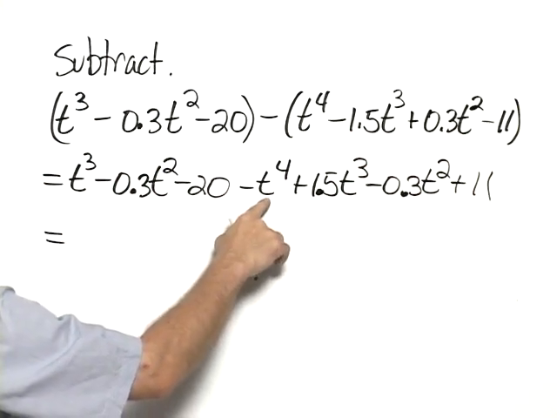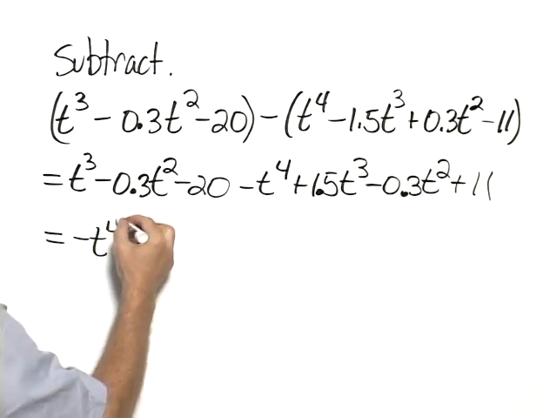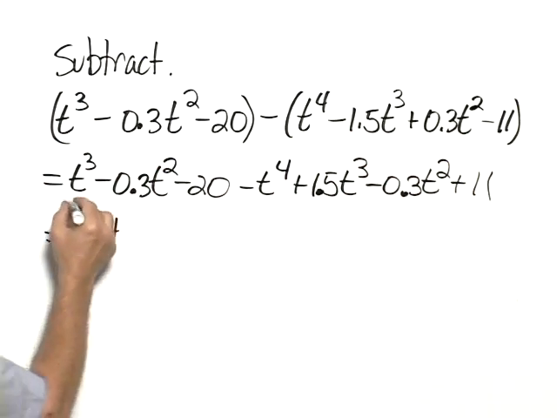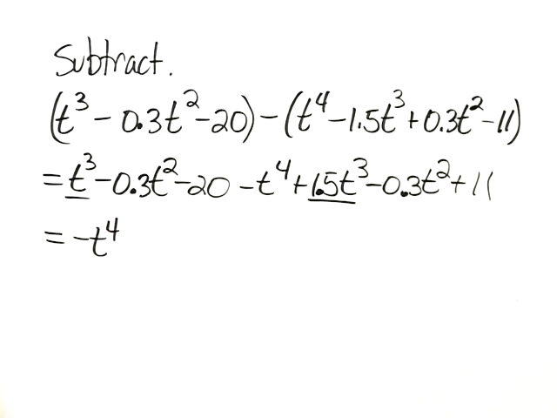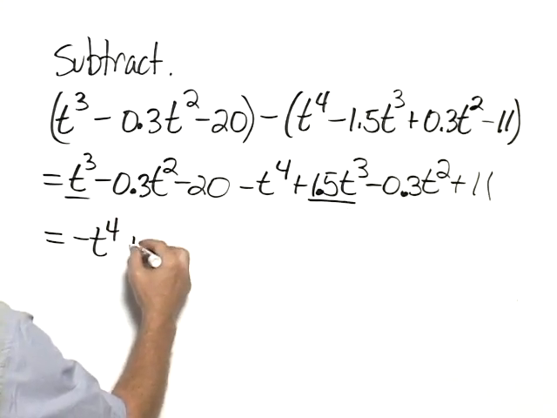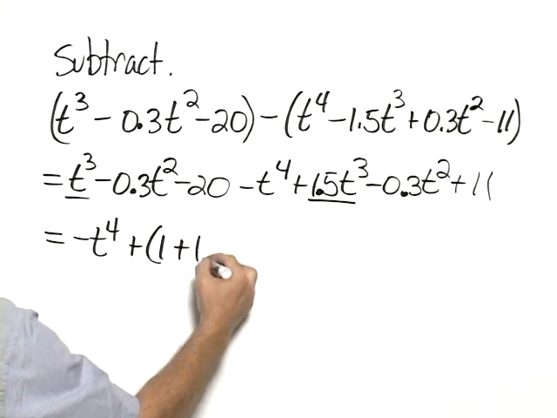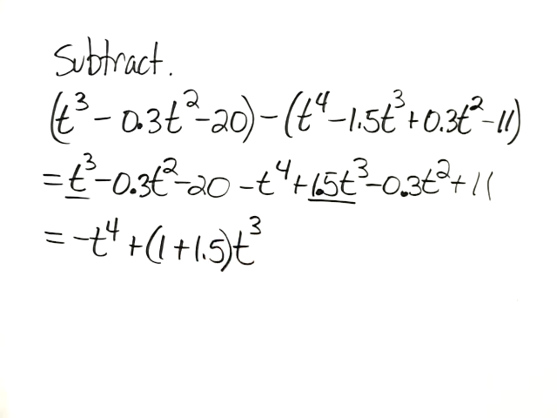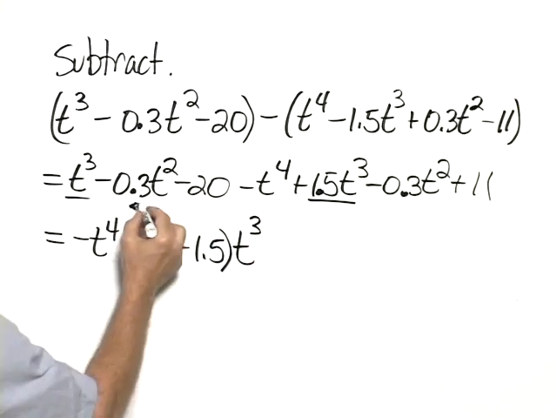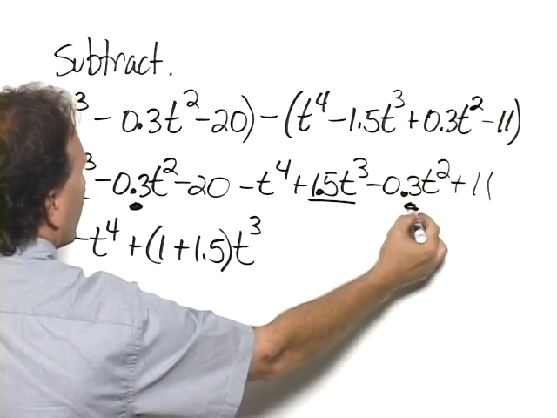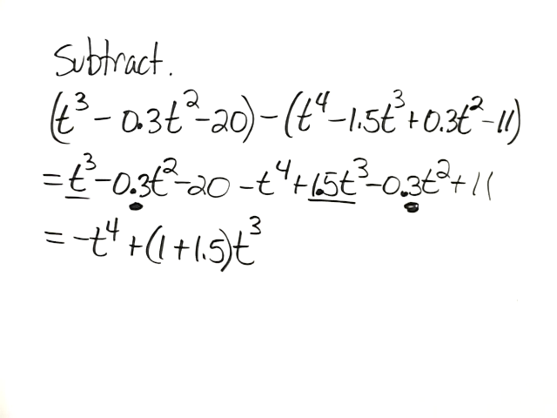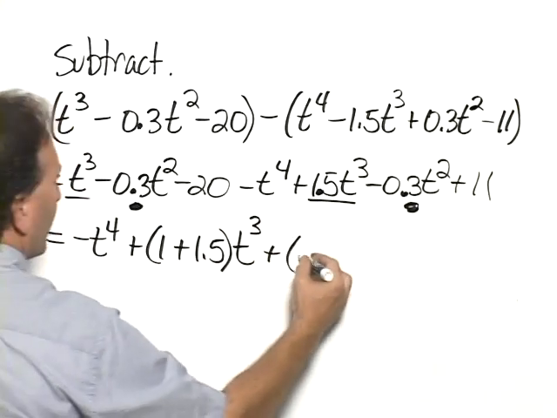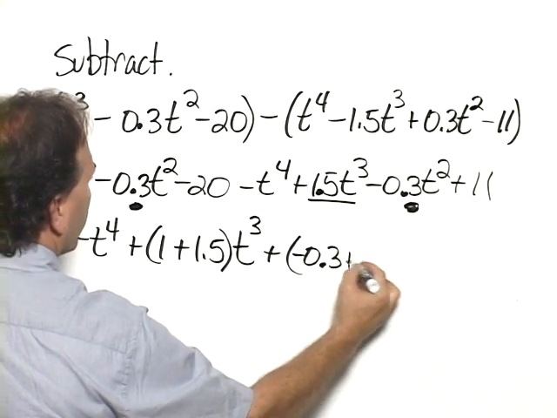There's only one t to the fourth term, so we begin with that so that we can write them in descending order. We have a t cubed and a t cubed. We combine the coefficients, so it would be plus, in parentheses, 1 plus 1.5 t cubed. For t squareds, we have t squared there and a t squared there. We combine their coefficients. In parentheses, then we would have negative 0.3,